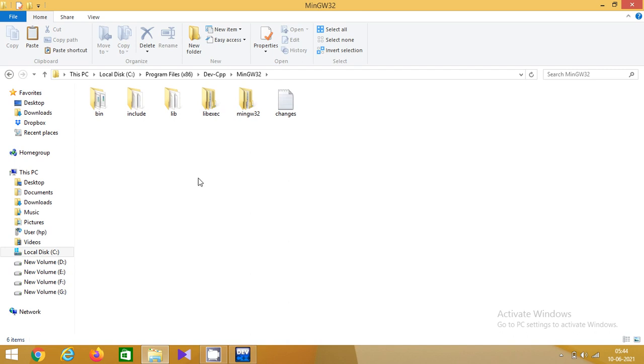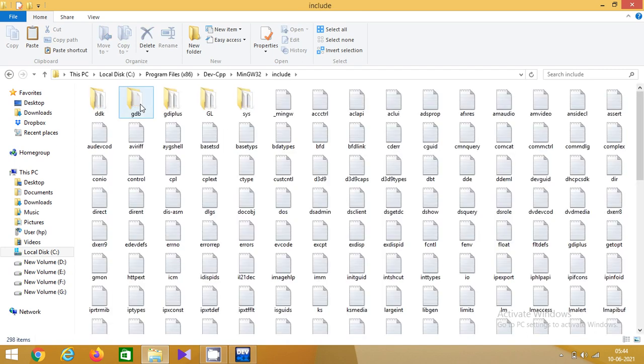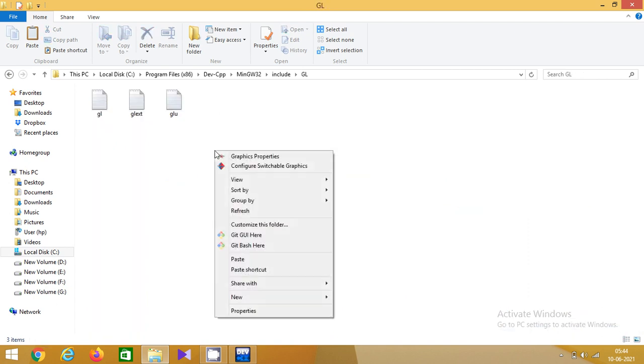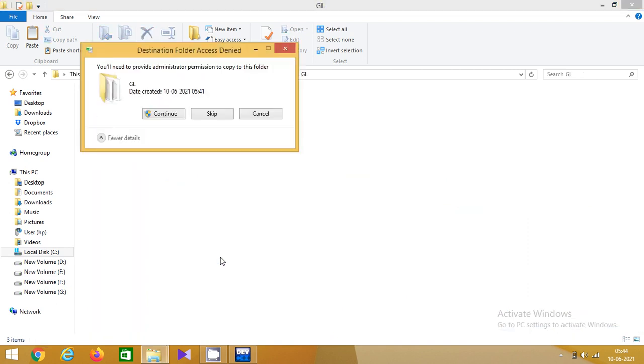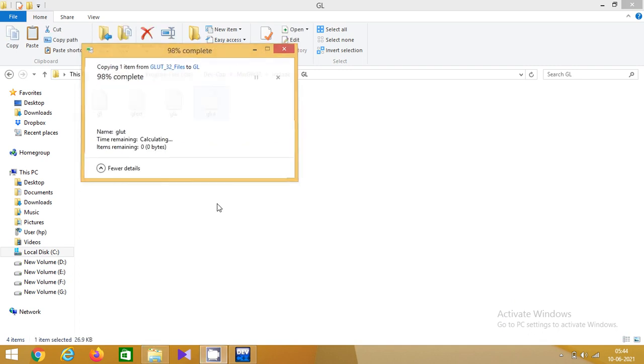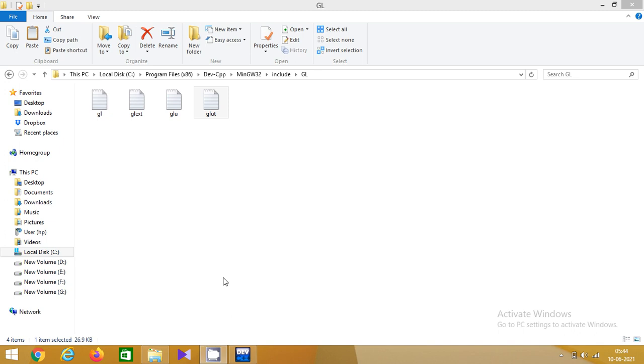Open that. There you will find another directory by the name include, then GL, and there you paste. Click on continue. By this we have pasted the glut header file.